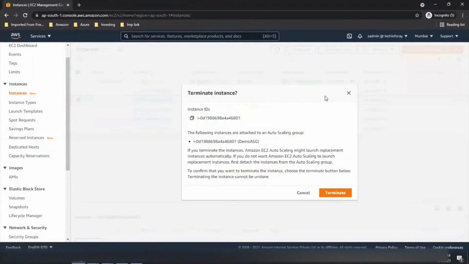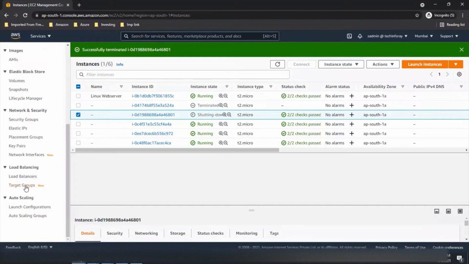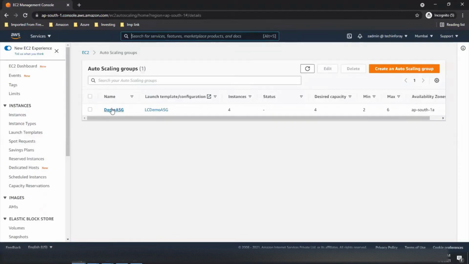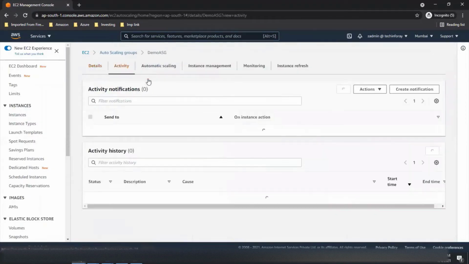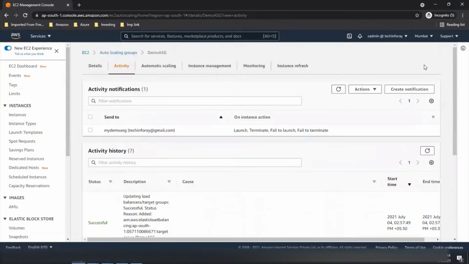So let's try to terminate it. So if we go to our auto scaling group, activity, yeah. So previously it has shown that load balancer has been enabled successfully. Refresh.